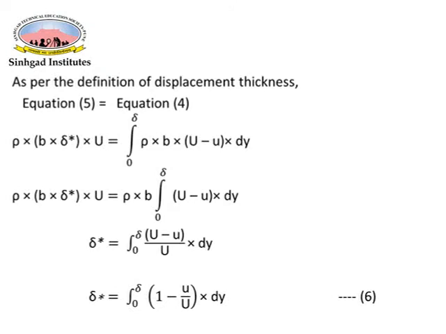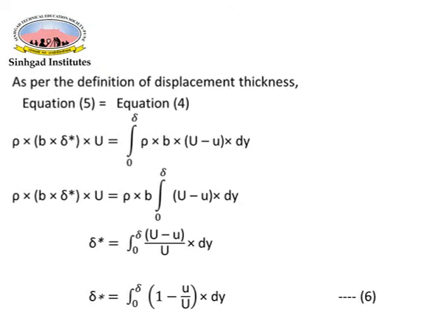Therefore, delta star equals the integral from 0 to delta of (U minus u) divided by U dy. Therefore, delta star equals the integral from 0 to delta of (1 minus